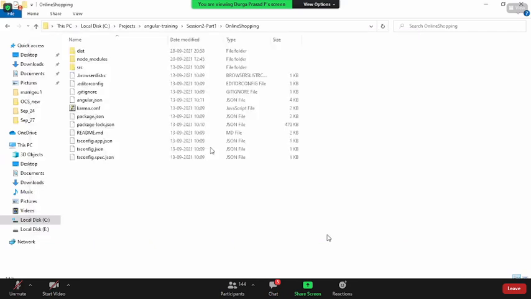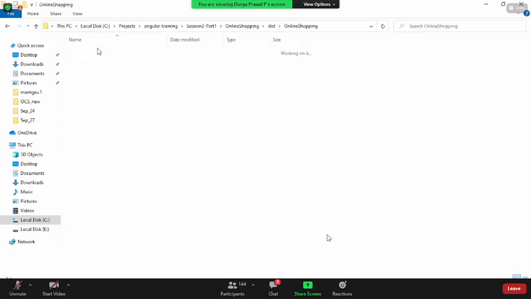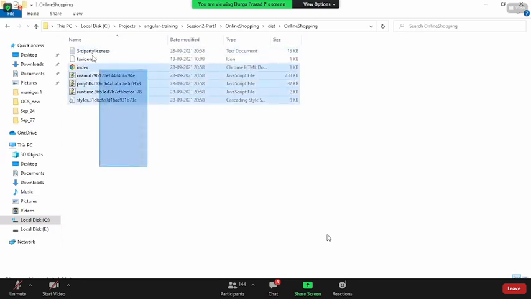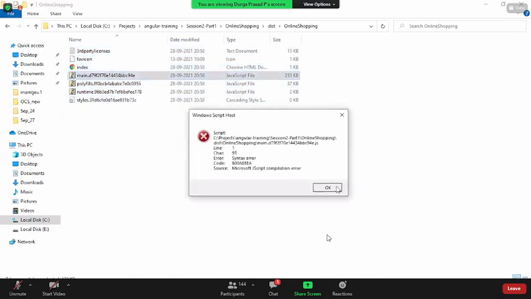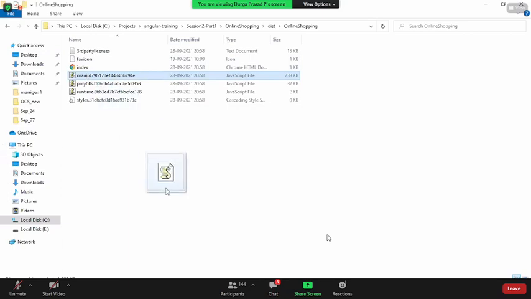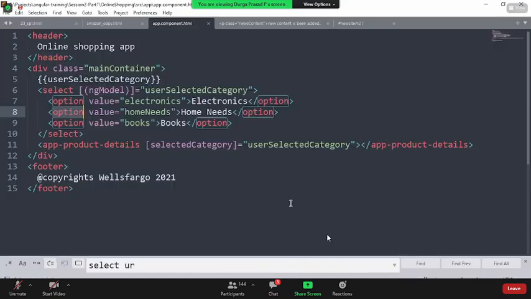Okay, sir. Now, if you see here, guys, there is a folder called dist created. Under that, again, online shopping application. Do you see any type of JS files? Only main and index.html will be there. Now, this is a JS file. See here. If you open this, you don't understand anything.